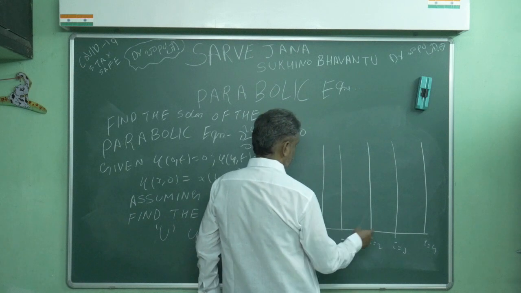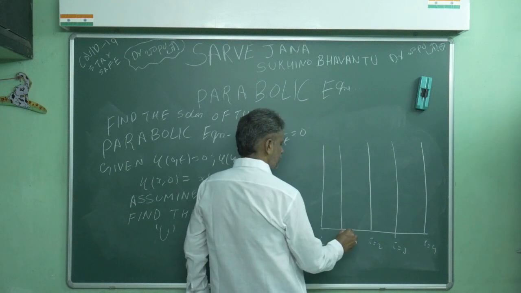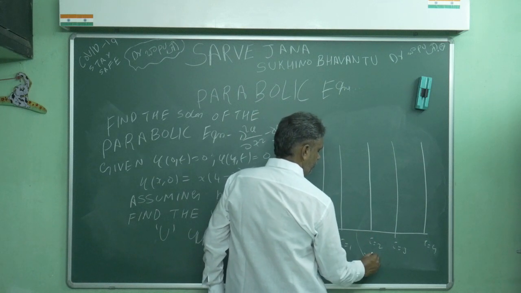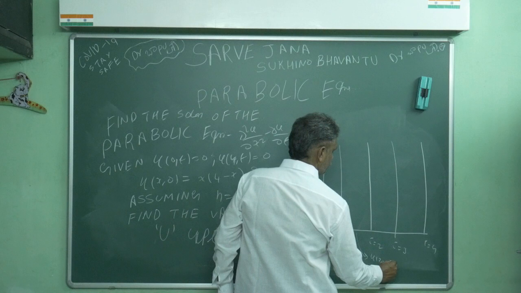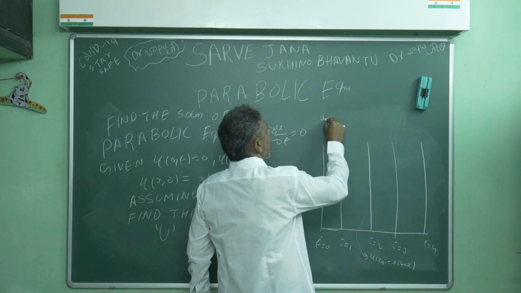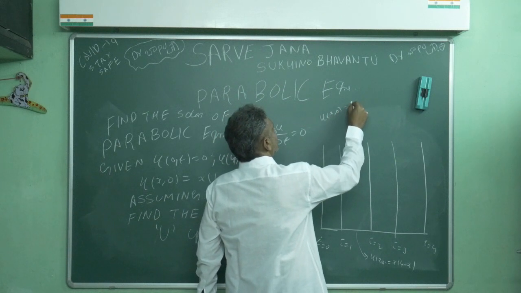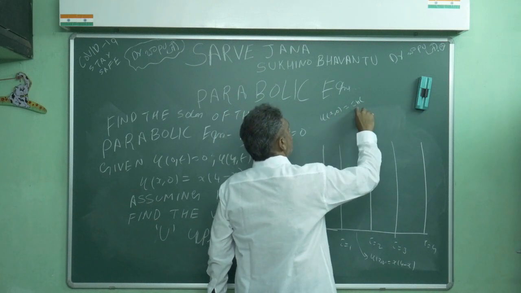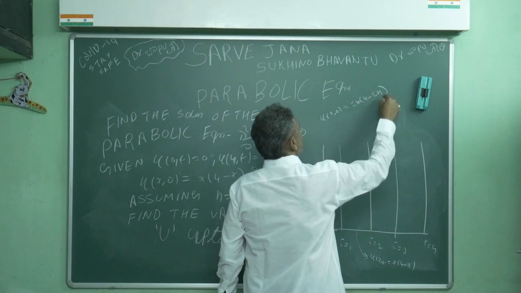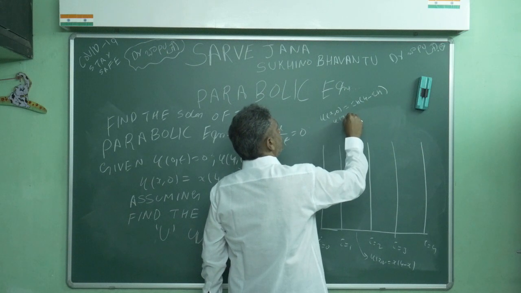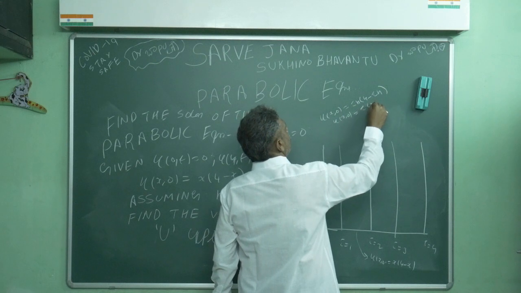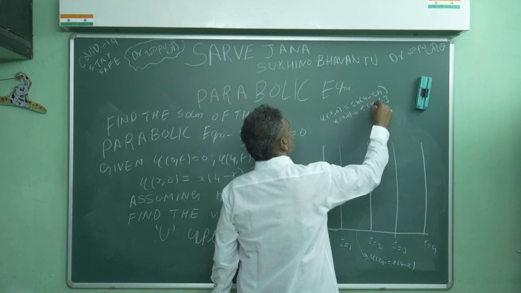Here x is equal to 0, 1, 2, 3. This is the x-axis, this is the t-axis. On this line the boundary is u(x, 0) equal to x into 4 minus x. How can you write this x into 4 minus x? The x values you can replace by ih, then 4 minus ih. Here h is equal to 1. So u(ih, 0) is equal to i into 4 minus i. Keep it here.